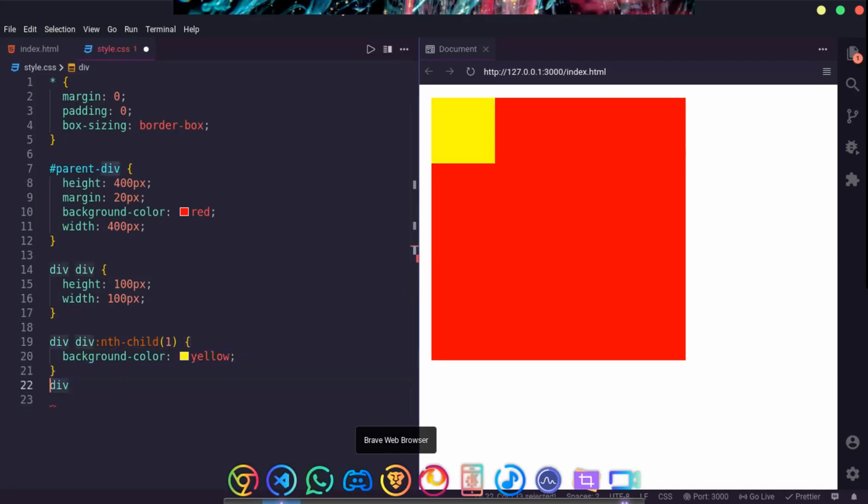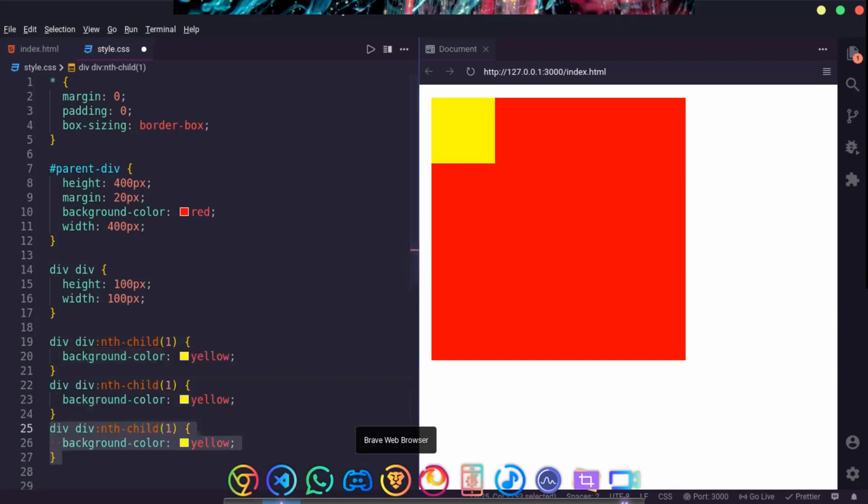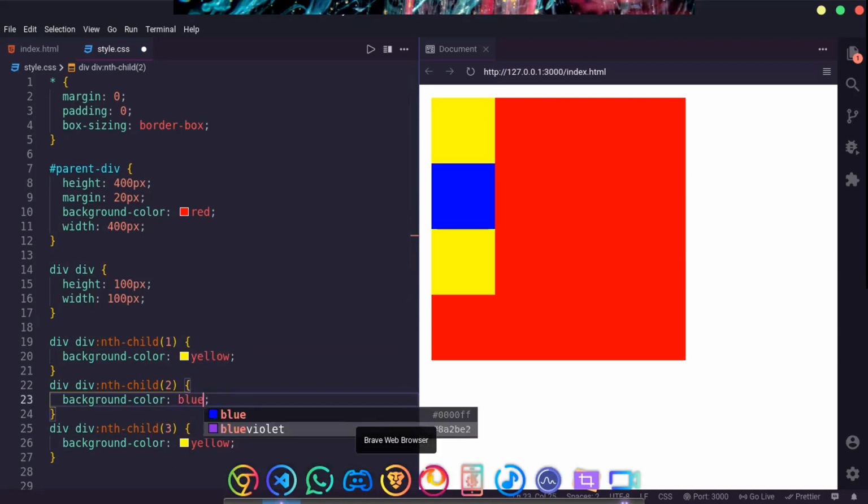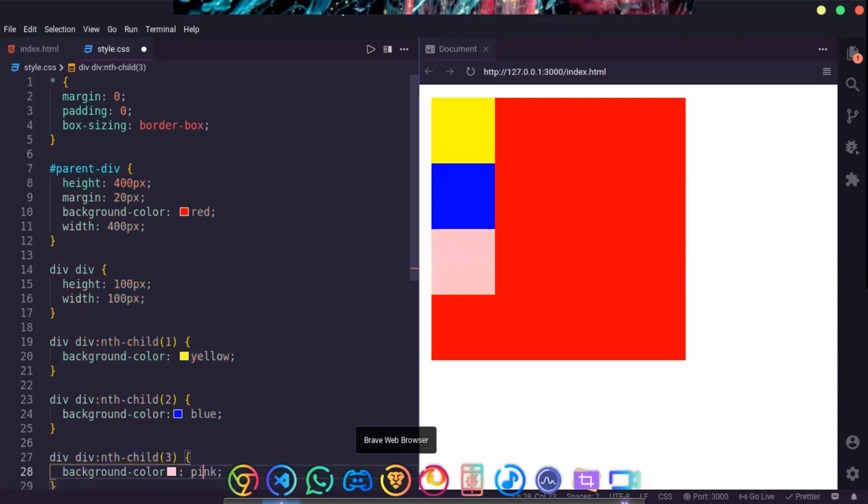Then we had 3 divs, so 2 and 3, and let's change this to blue and this to pink.